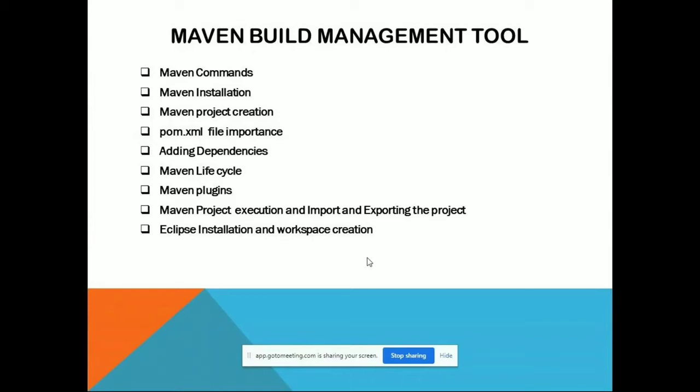Maven is generally a build management tool. Whenever you share your complete project with another person, they can't get the project dependencies directly.